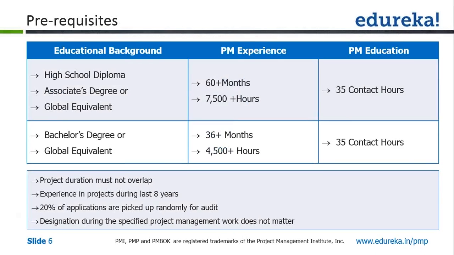Okay. So we were talking about this PMP certification. Let us understand what is a prerequisite for this PMP. There are two different categories. If you are a degree holder, if you hold a bachelor's degree or engineering degree or any of the global equivalent of that, you need to have 4,500 hours of project management experience, which must come from a minimum of 36 months of experience. How these hours are calculated is something I will tell you when we go to the process groups